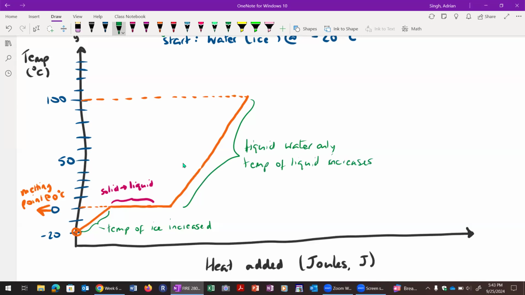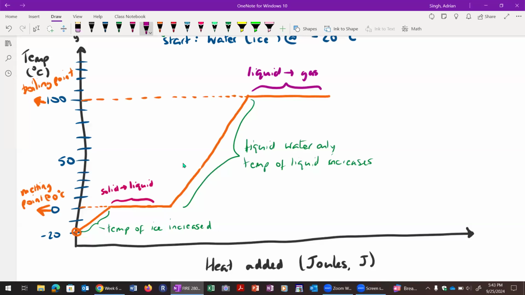Until we get to another important temperature point, that's at 100 degrees Celsius. This is the boiling point of water. Under normal conditions, it boils at 100 degrees Celsius. And if we keep adding more heat, well, that heat goes into converting the liquid phase to the gas phase. So at this point here, this flat region, this plateau, we have the liquid turning into the gas phase until